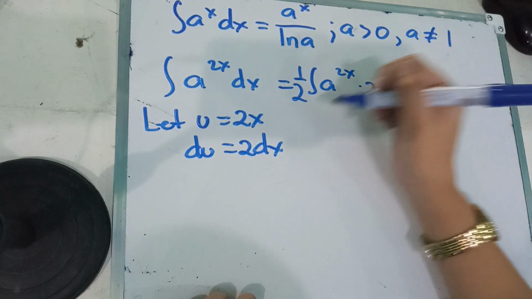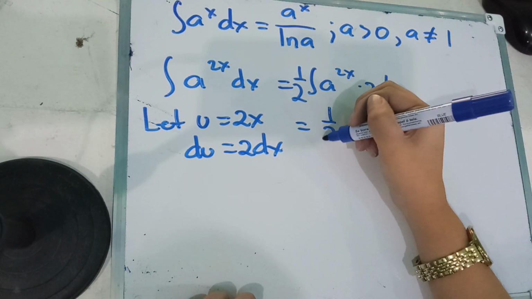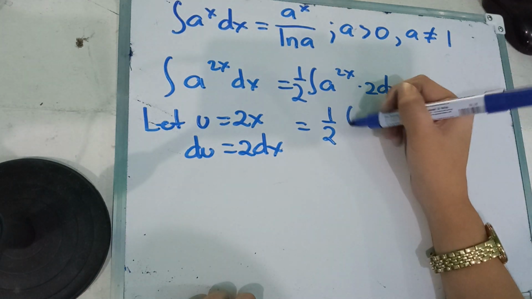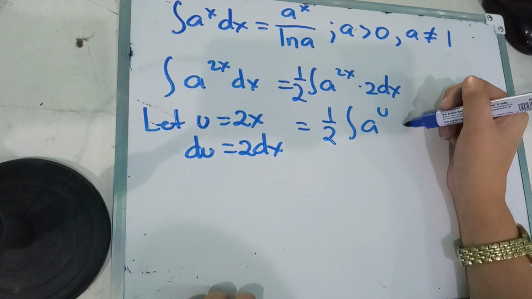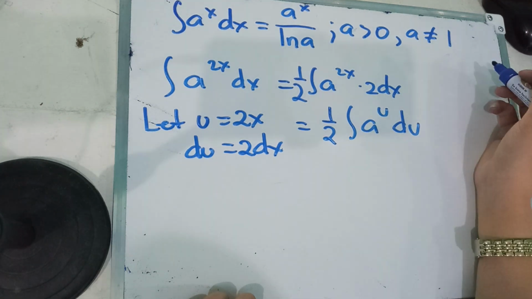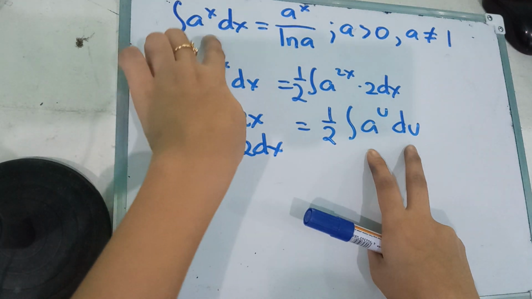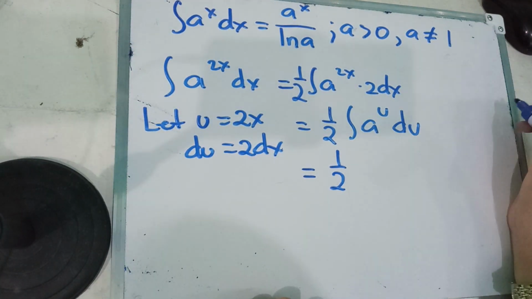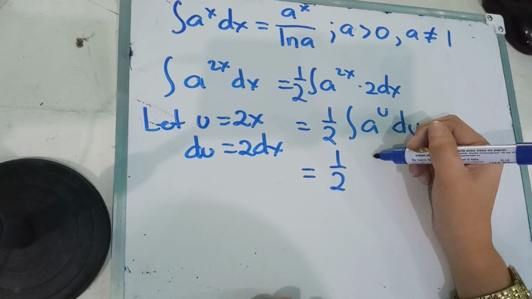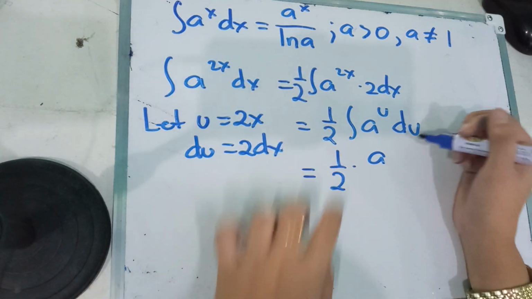Now that is equal to 1/2 the integral of a to the power of u, since 2x is equal to u and 2 dx is du. Now since this is already in this form, therefore that's 1/2 times a to the power of u